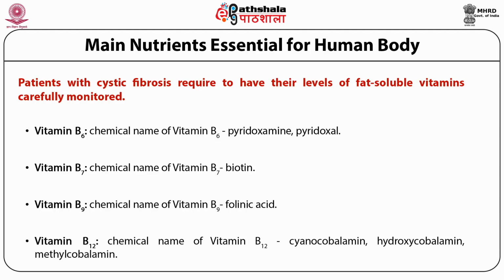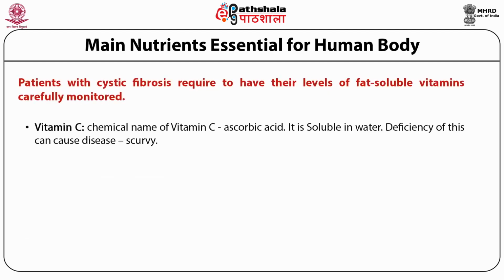Vitamin B12 is chemically cyanocobalamin, hydroxocobalamin, and methylcobalamin. It is soluble in water. Deficiency of it leads to a disease called megaloblastic anemia, which means the red blood cells are without the nucleus. Vitamin C is ascorbic acid, which is soluble in water, and deficiency can cause scurvy. Overdose of vitamin C results in diarrhea, nausea, skin irritation, burning upon urination, depletion of copper, and increased risk